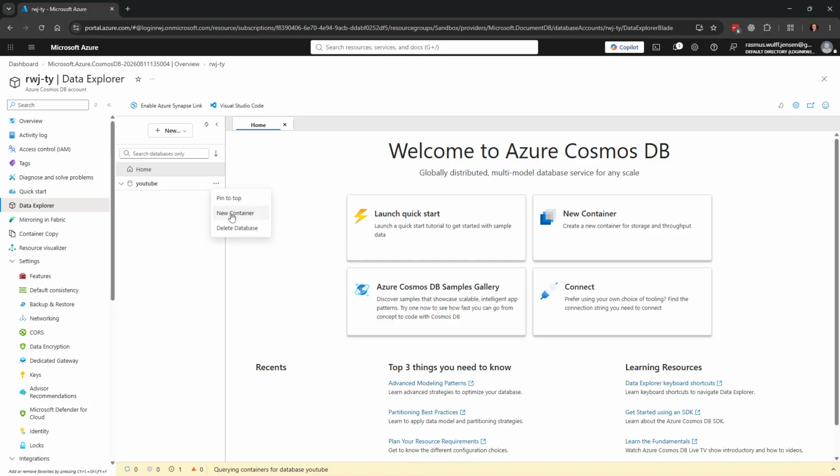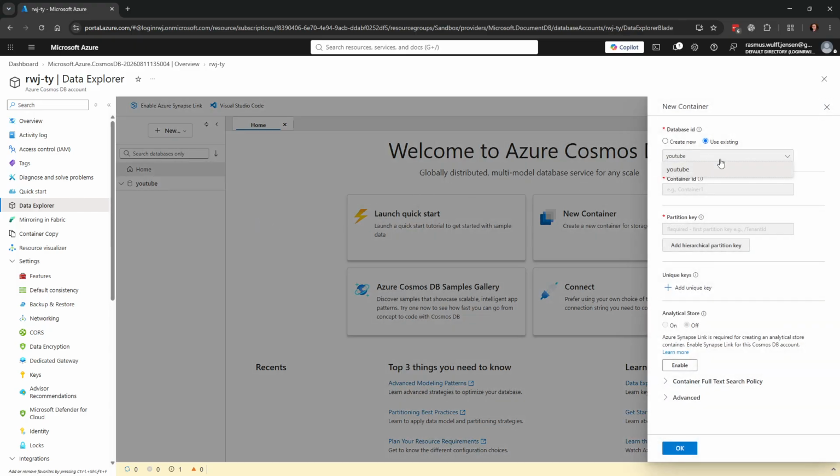So we're going to make the container as well. We're going to call it my collection. So it needs to match the name we put in to our code.